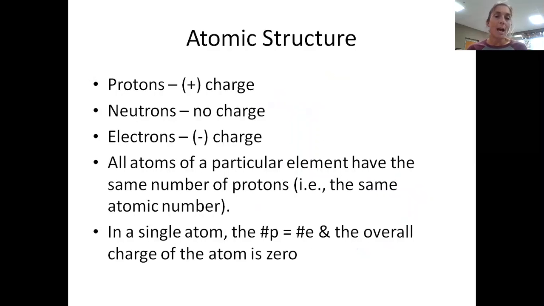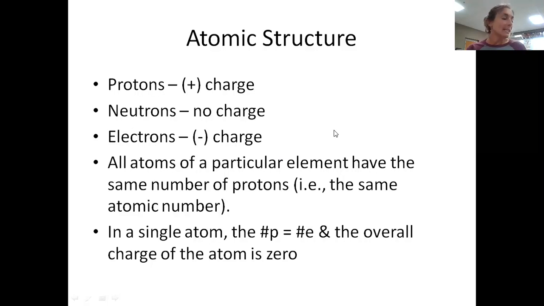Okay, and that is just what I was saying here. This top part of the slide is already written for you on your diagram. All atoms of a particular element have the same number of protons. So the atomic number, we would say, is the same for all atoms of a particular element. That's your first blank. Atomic number over on the left, and on the right it lists things that are true about the atomic number. The atomic number, first blank, is the same for all atoms of a particular element, which is right here.